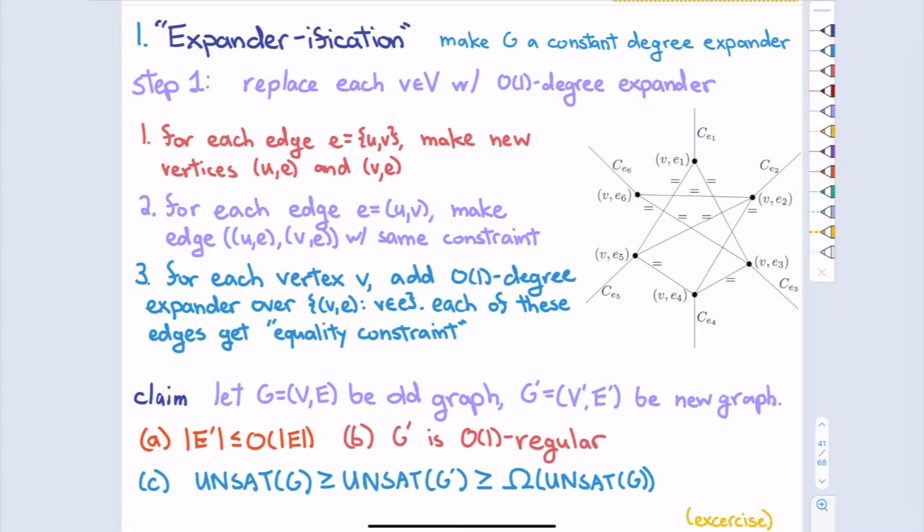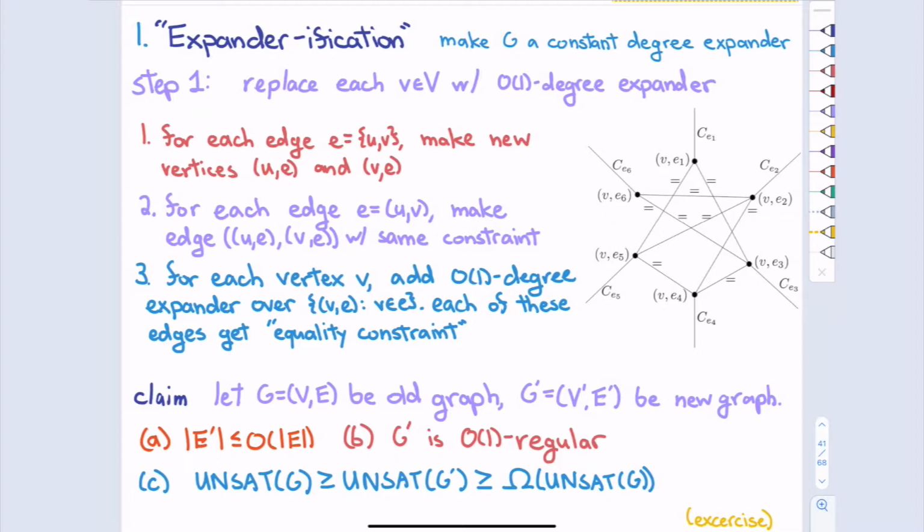Okay. So the first step to reduce the degree was to take each vertex and kind of split it into one vertex for every edge. Okay. So now everyone basically has degree 1. But the problem is that sort of one vertex became a cloud of vertices, and they're not actually required to be equal to each other, which we would want from the original problem. Okay.